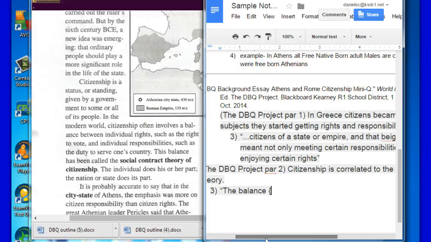So let me get some brackets. Bracket, rights and responsibilities. We add this in here because your reader doesn't know what the balance is. If they read the quote, they have no idea what the balance is because they haven't read the document that you read, but clearly you're going to add it in so they know, and we're talking about the balance. So let's pick that up right back over here. Has been called